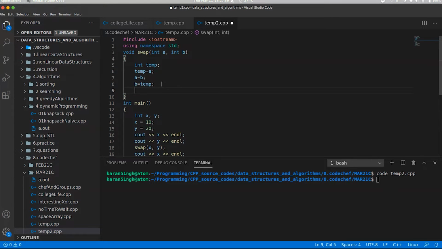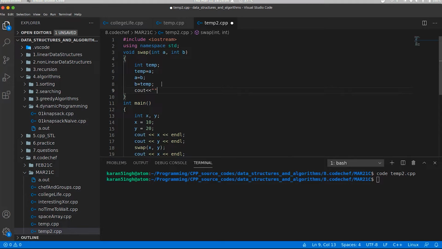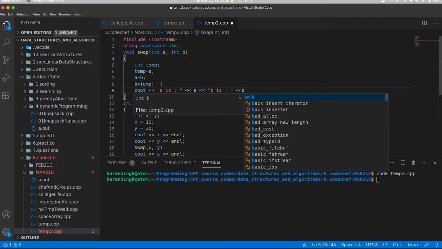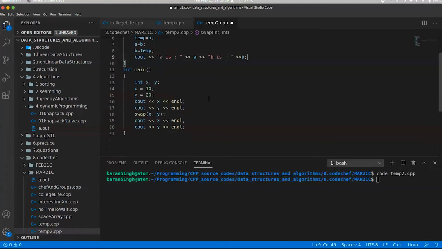Let me print out this stuff in the function itself. I'll say a is, and b is, and let me put an end line.